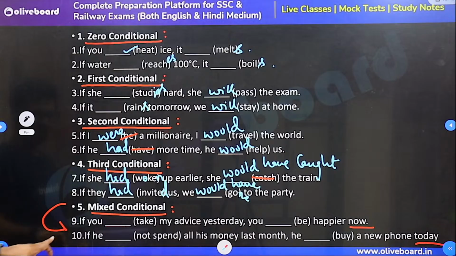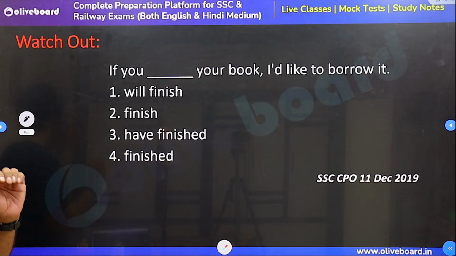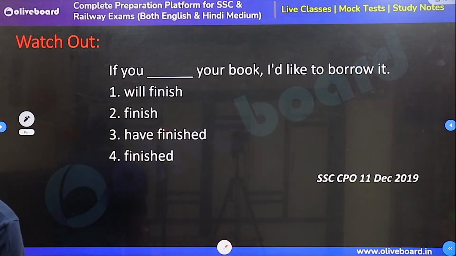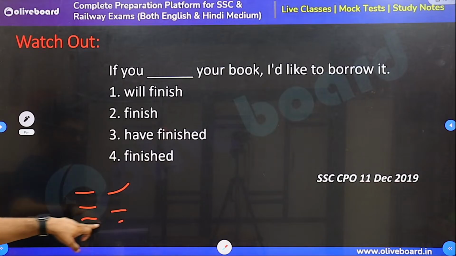It is not usually asked in examinations. Before I define that, let me show you something. CPO 11th of December 2019, straight from the horse's mouth. Everyone, good response to be honest from all of you, especially those who are here on the very first day. Try. Every book mentions norms like if you work hard, you will succeed. Present indefinite, future indefinite, past indefinite, would, past perfect, would have.